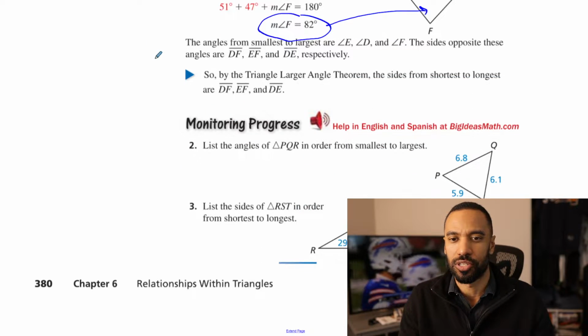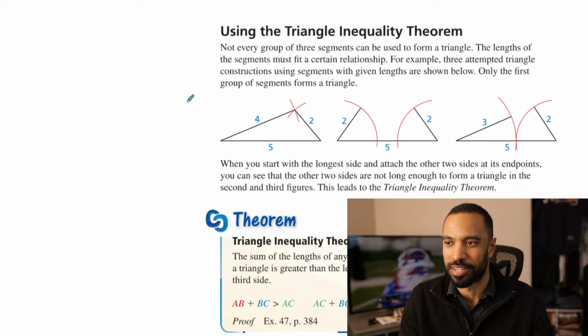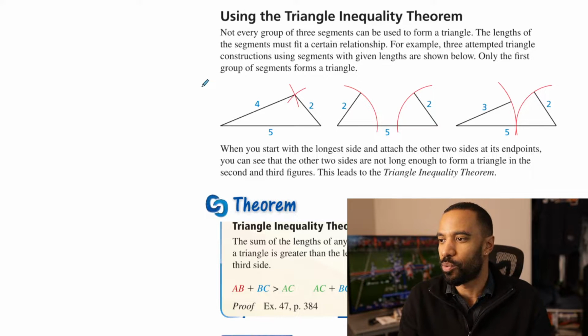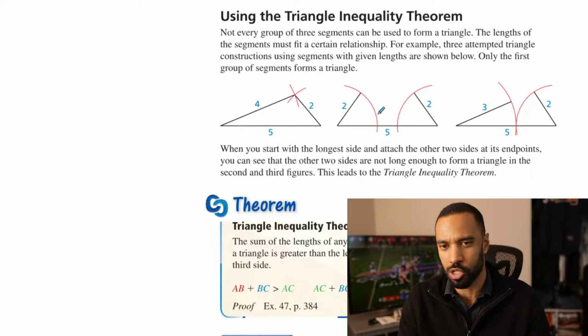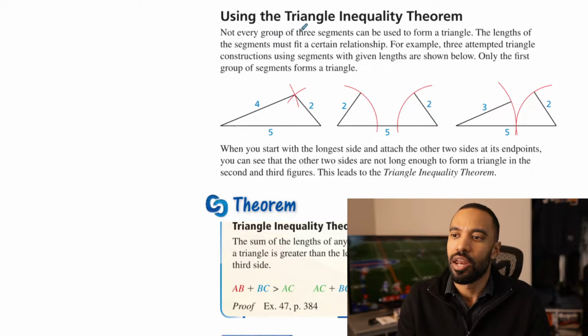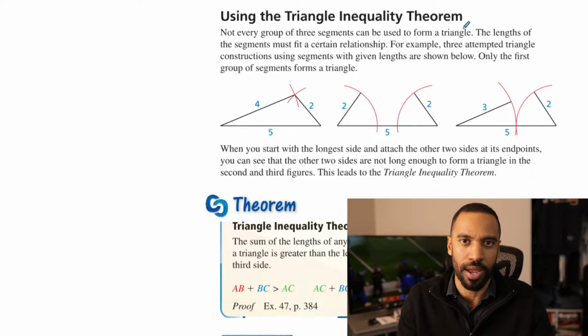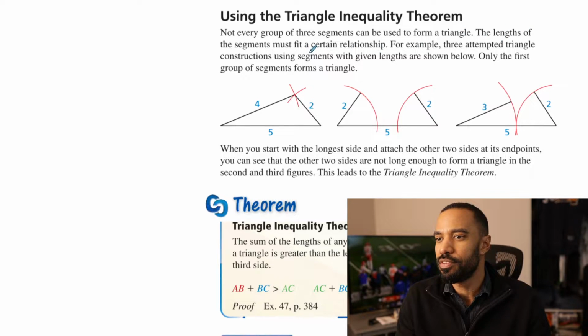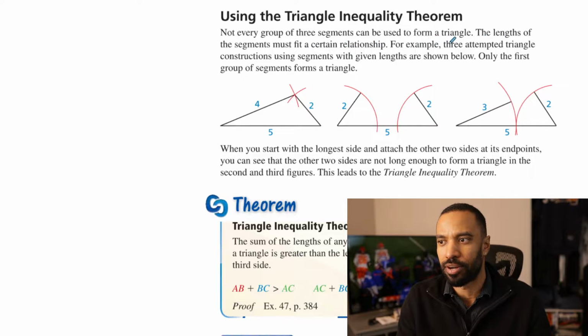All right, we'll do more practice later, unless it's indirect proof stuff. I might have to practice that with you. All right, next one's the triangle inequality theorem. And I don't know if they're kind of using a compass thing with this as well, showing you the arcs. This is perfect enough. Not every group of three segments can be used to form a triangle. It's kind of what I was saying. The lengths of the segments must fit a certain relationship. For example,